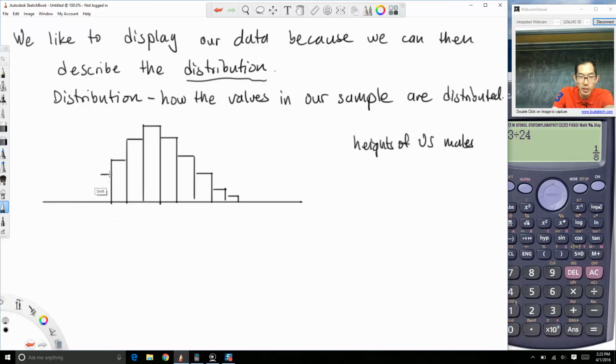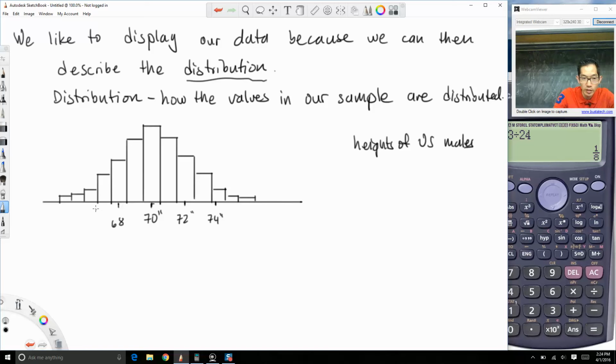I'm just making up stuff here. Okay, and so in the U.S. the average height of males is something around 5'10". So I'm going to just put like 70 inches, maybe a little bit shorter than that, maybe somewhere between 5'9" and 5'10". Okay, and then as we go higher and higher,